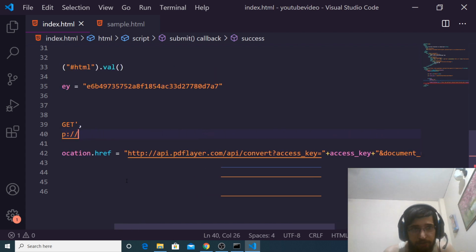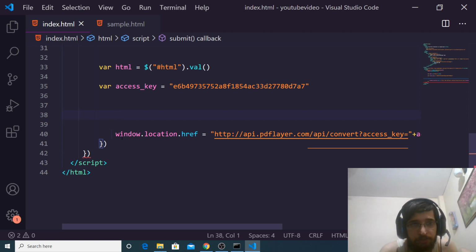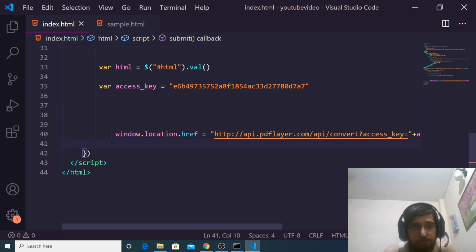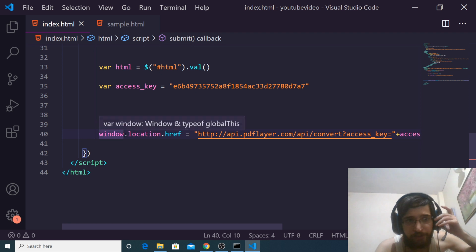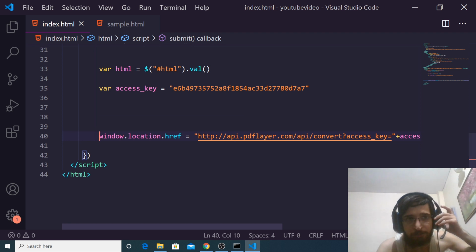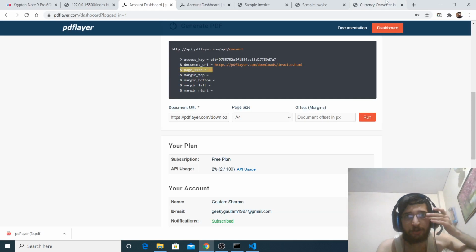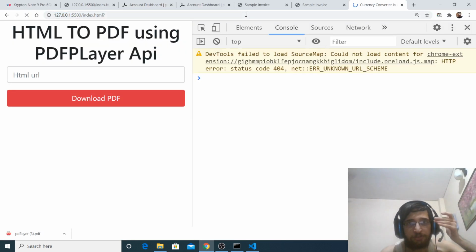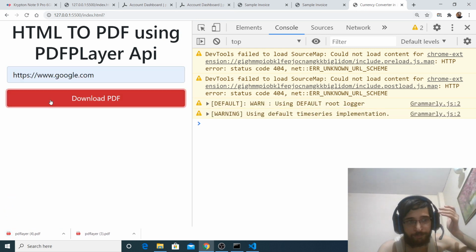Just wait. We are not making a GET request, we are just manipulating the window.location.href variable to whatever these values are equal to. Now if I refresh and provide google.com, you will see that it has successfully converted it.